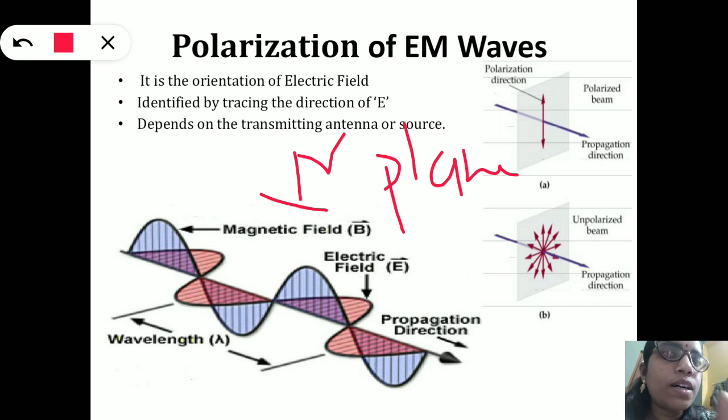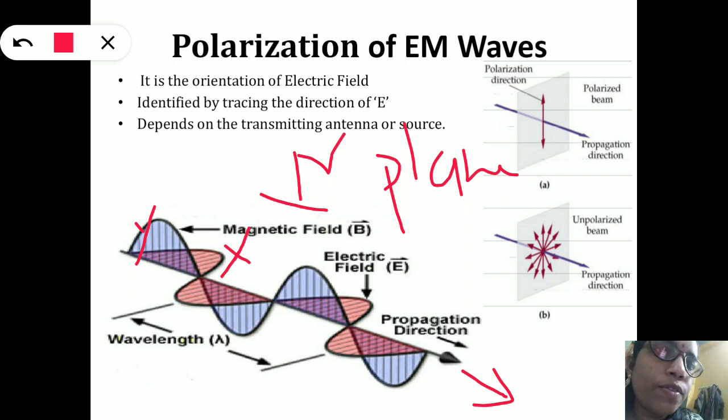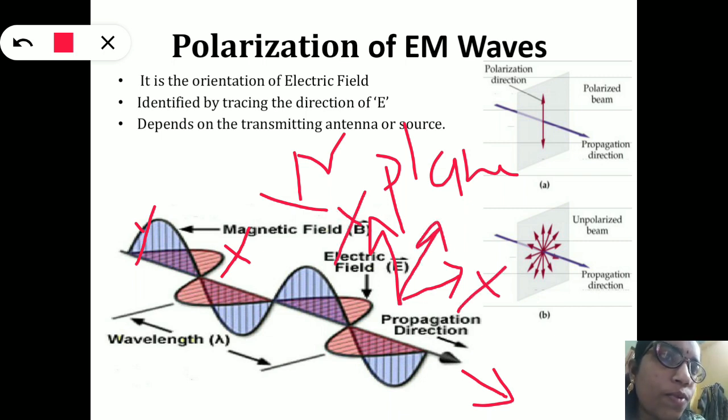Okay, so here the blue line indicates the magnetic field, for example consider it is y, and this red line indicates the electric field, for example consider it is x. But this is the direction of the EM wave which is propagating. See here, the reference axes I am drawing like this, it is x and y, and the direction of wave is in some other direction like this. If it is x and it is y, the wave is propagating in the z direction. Means the polarization of the wave is along the z direction.